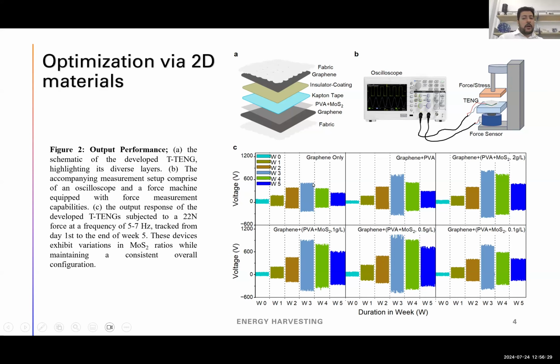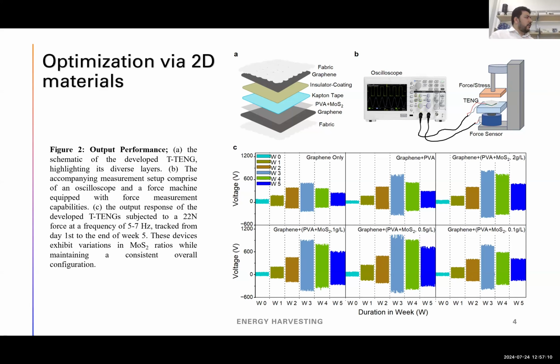You can see with only graphene, the open circuit voltage is around 580, and while including only PVA, not MoS2, the result is far better than only graphene, and we go beyond 600. But as we started with molybdenum disulfide, the results increased, and we got the optimum result with 0.5 gram per liter concentration. There are many reasons, but some of the reasons are like initially,